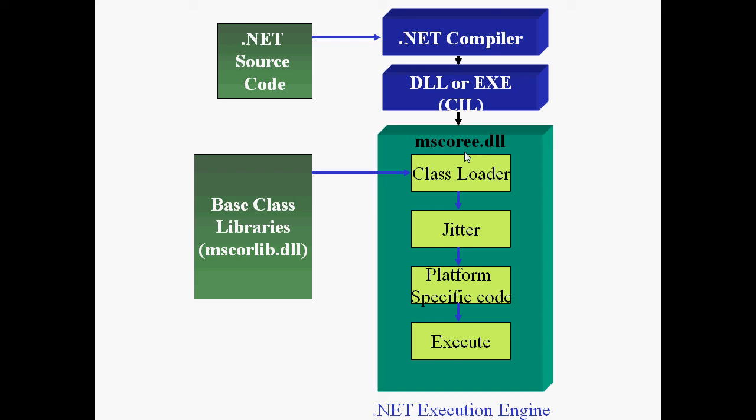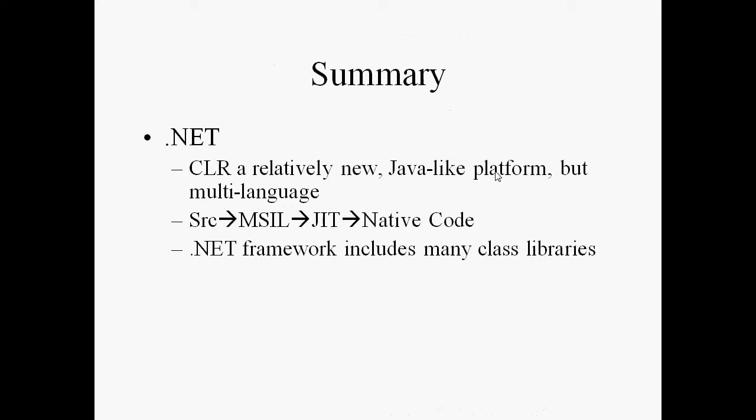Then it converts your intermediate code to the specific code, and in turn it makes use of the base class library. If your program refers to any APIs, then the class loader in the CLR loads your base library into memory, and then the jitter, the just-in-time compiler, comes into the picture, which converts the intermediate language to platform specific or machine code, and then the program starts executing. So this is the overview of the .NET framework. In summary here,